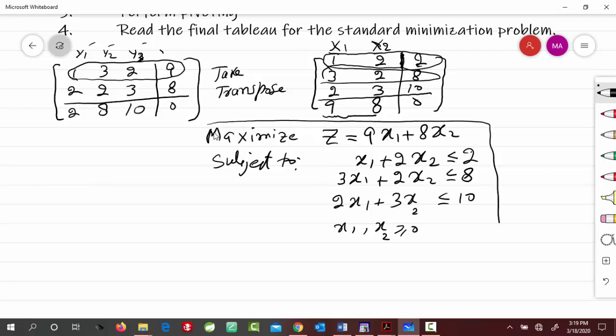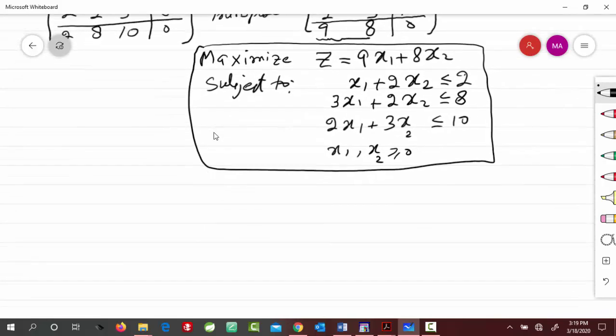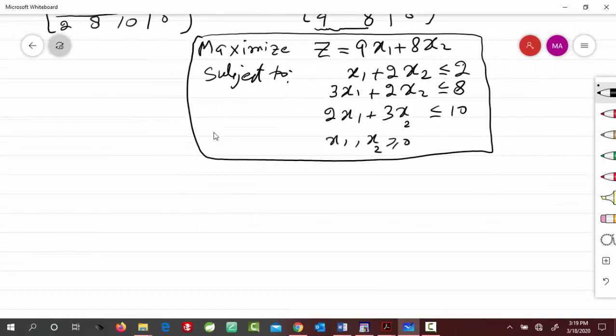So we found the dual problem. That's the dual problem to the original problem. So next we have to write down its initial simplex table. First we have to add slack variables and then write down the simplex table. So from the first inequality, by adding slack variables, this would become the equation x1 plus 2x2 plus s1 equals 2. Similarly, the second one becomes